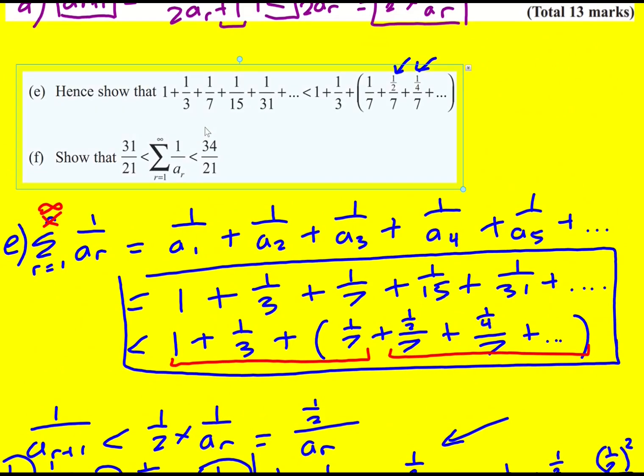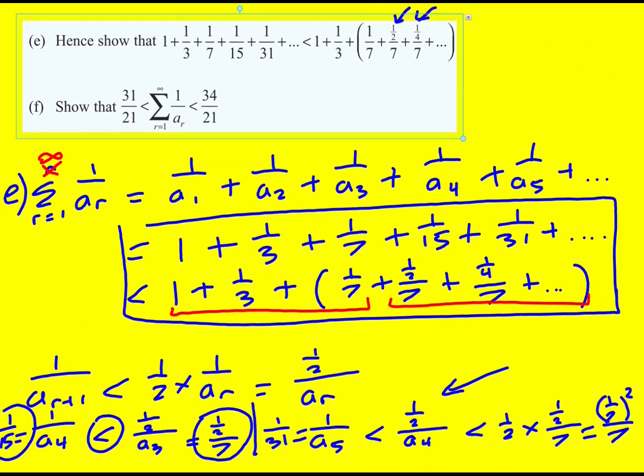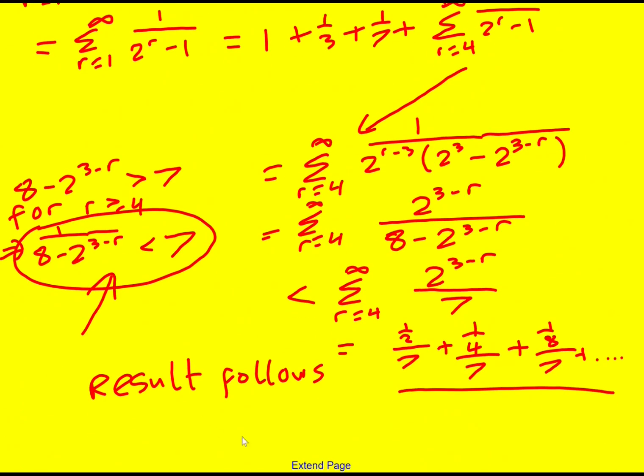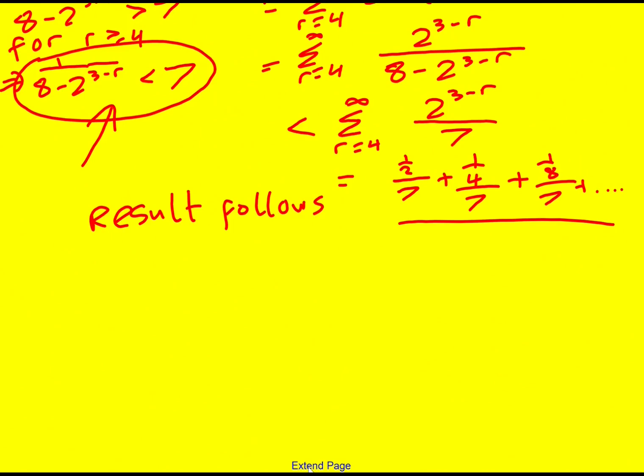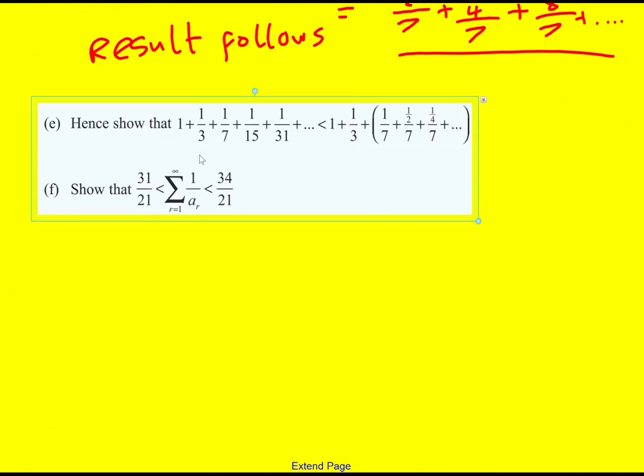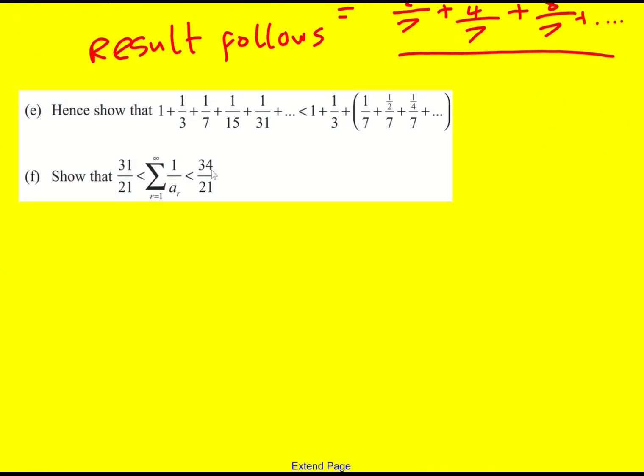On to the very last part, to show that this summation lies between two fractional limits. I'm not actually going to work out the exact answer, but we want to get a lower bound and an upper bound, although it can actually equal the lower bound. It's got to be greater than that, but less than this. So one thing that we can write down, remember this here is equal to this. So it must be for the lower bound